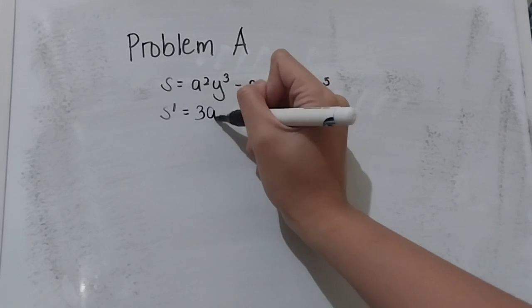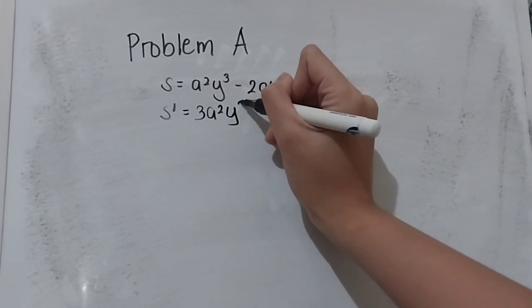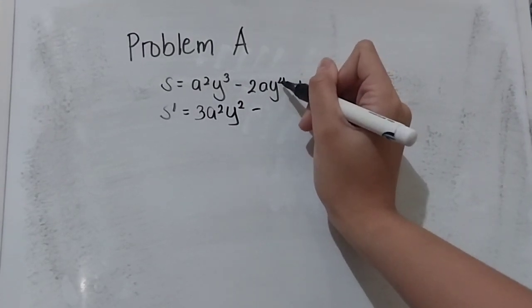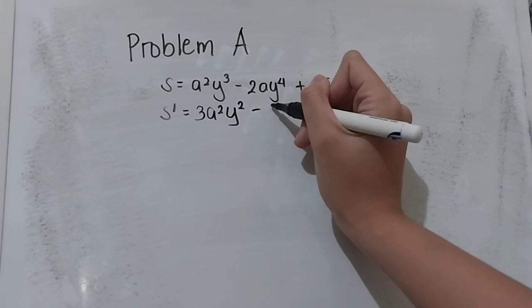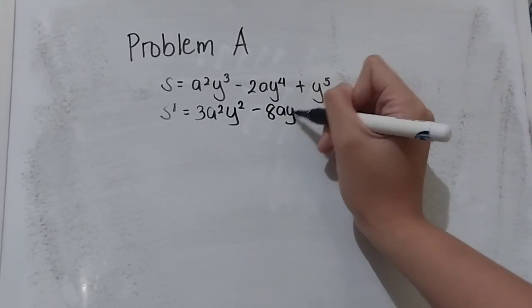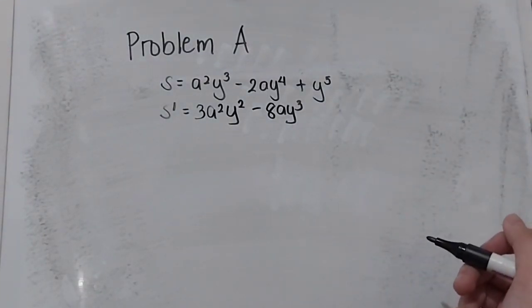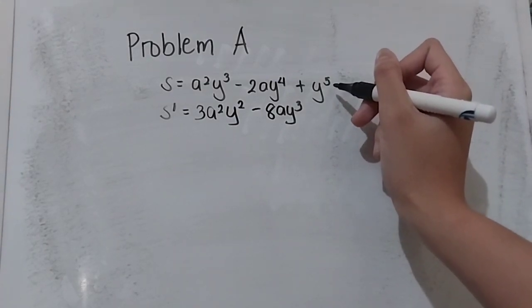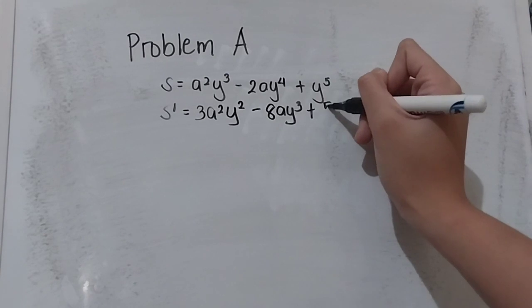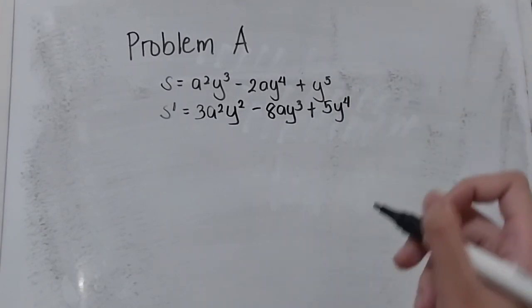We'll copy A squared y squared since 3 minus 1, minus 4 times 2 is 8 a y cubed since 4 minus 1, and then the derivative of y raised to 5 is 5 y raised to 4,